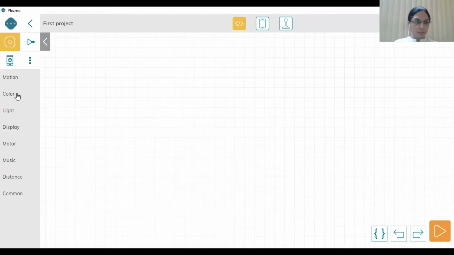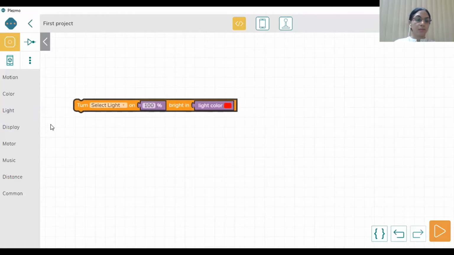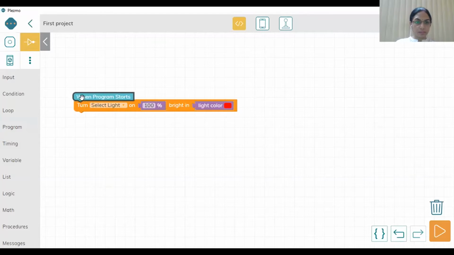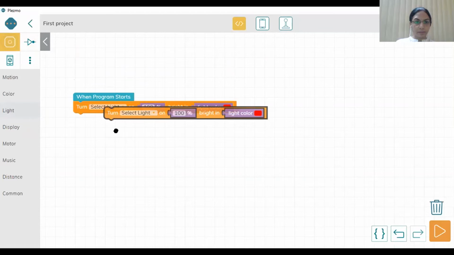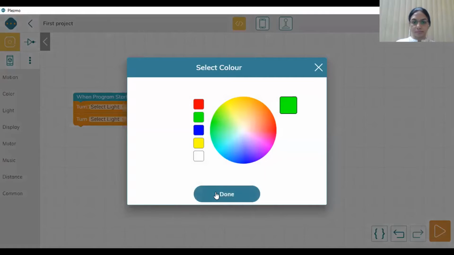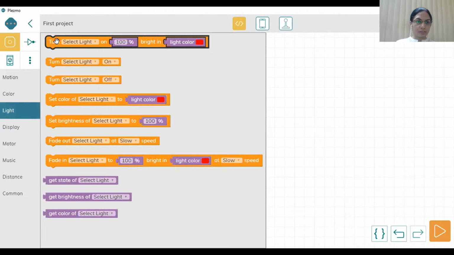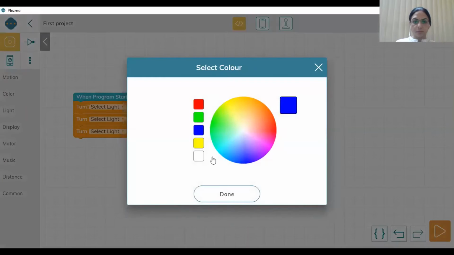So in creating, now we have to use what? We have to use a light element. The light element is here, right? Now, what was the first command I showed you in the PPT? First, we have to start the program. So when the program starts, turn the light on as red. And then again, we'll go to the component elements, turn the light green. Done. So next is again light, turn the light. You can choose any color, blue.